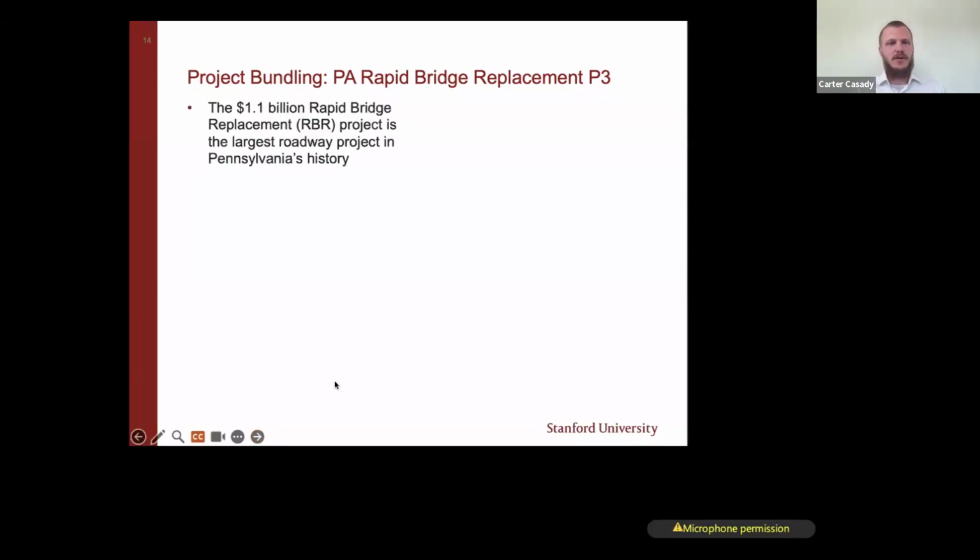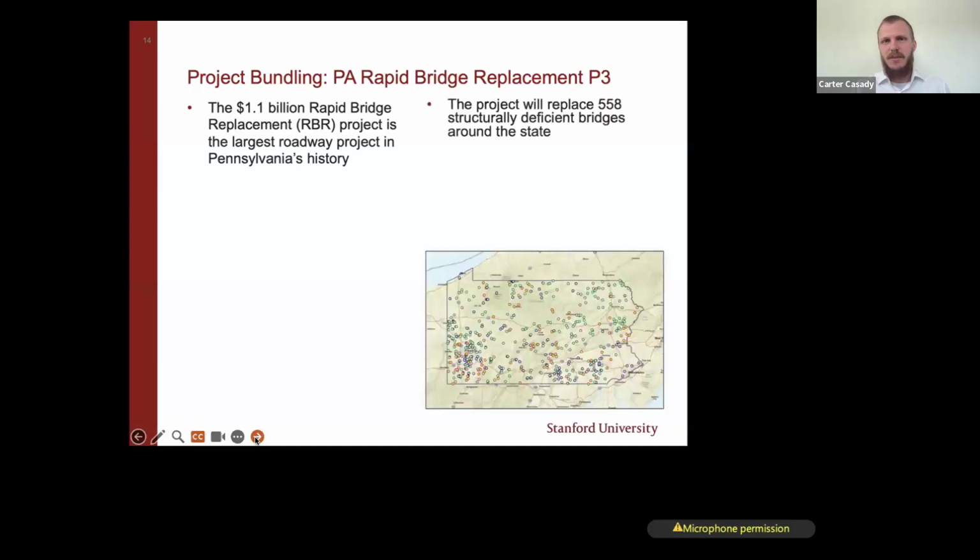One of the ways to do that, and in this case, the Rapid Bridge Replacement Project happened to be one of the largest roadway projects in Pennsylvania's history. It's a $1.1 billion deal. But what was unique about it was the agreement was set up so that instead of having to go individually address structurally deficient bridges throughout the state, the project packaged 558 structurally deficient bridges into one contract. And so those are now going to be replaced under one agreement, with one provider,